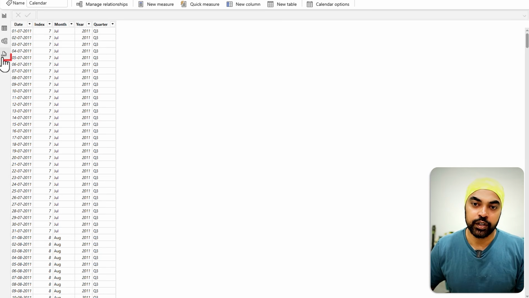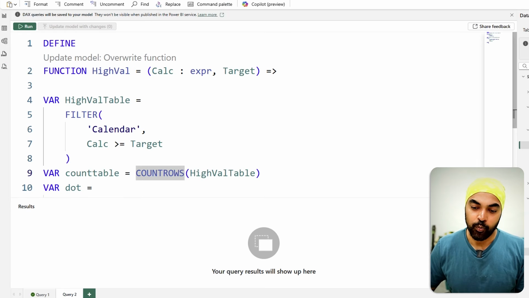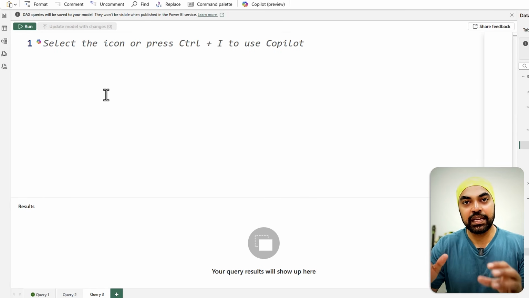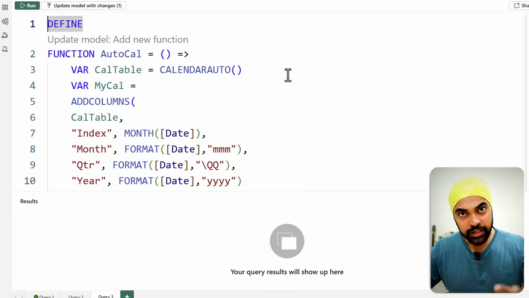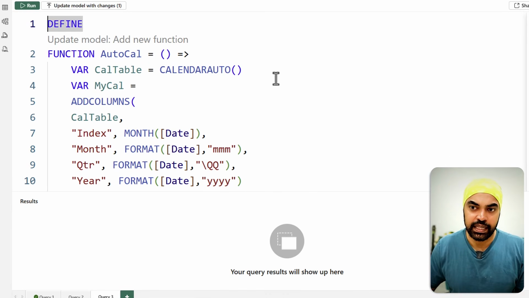Now, using user-defined functions, you can make neat and clean calendar table with just one line of code. Like I said, the user-defined functions can be used to create tables, measures, columns, or visual calculations. So I'm going to show you one application of creating a calendar table. So I'm going to go over to the DAX Query View right here and open up a new query. And I'm going to go ahead and paste the code of a calendar table, which obviously you can get in multiple places. All right, I've pasted the code of the calendar table